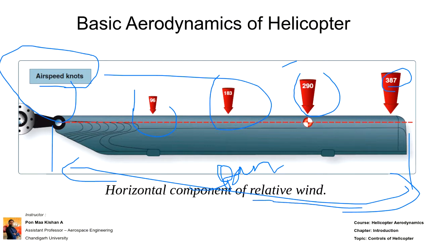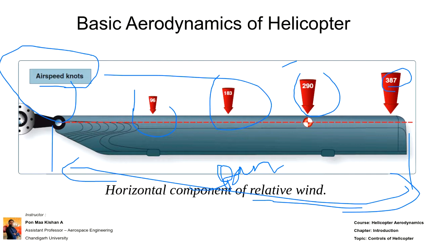Okay. So I hope you can understand, because when the rotor is rotating like this, right? Initially the tip is going to hit the relative wind, then only the later part will be hitting. The initial surface which is going to interact with the relative wind is the tip of the blade. So that's why the tip of the blade is hitting with an airspeed of 387 knots, and throughout the span it is decreasing. Since it is facing the wind first, this is the first section facing the relative wind.